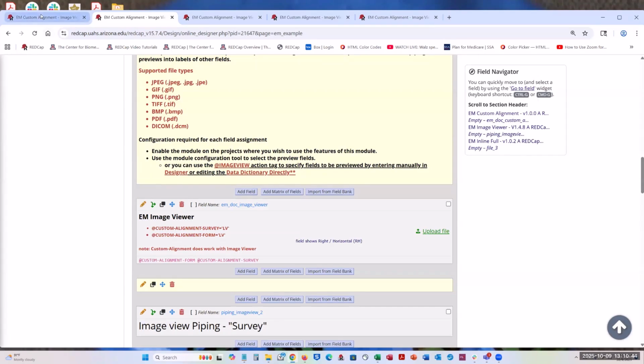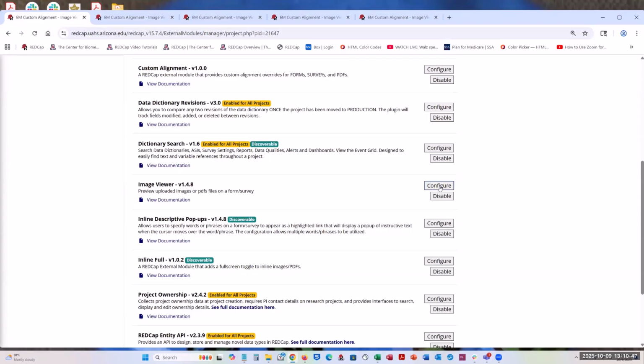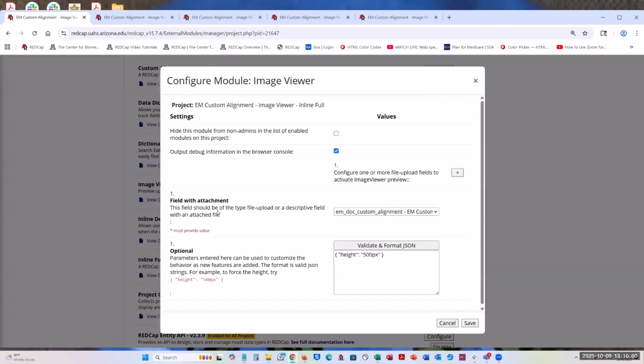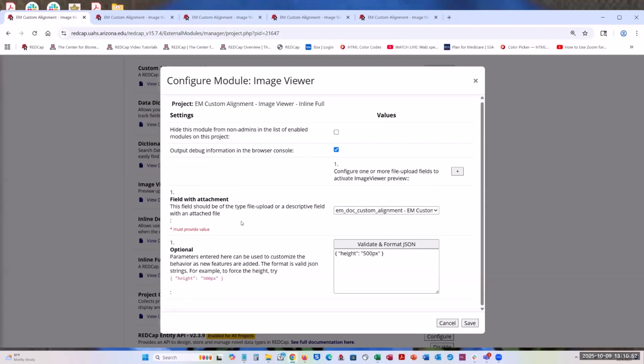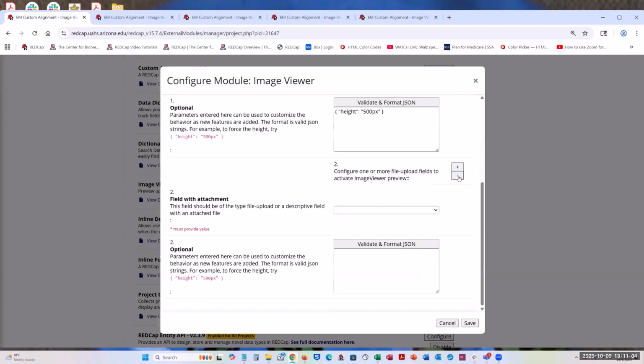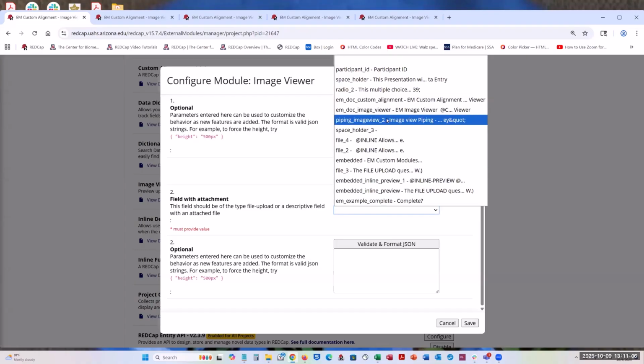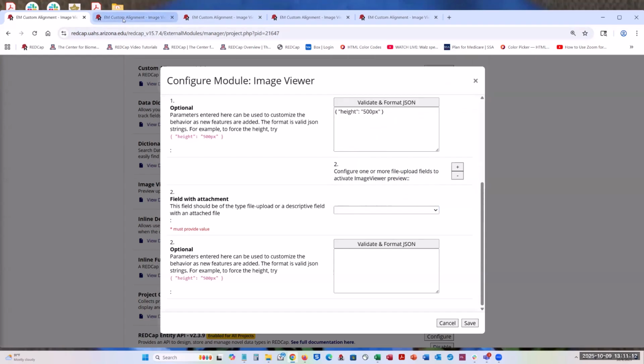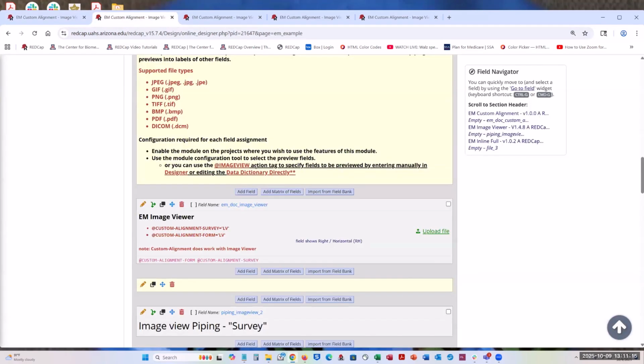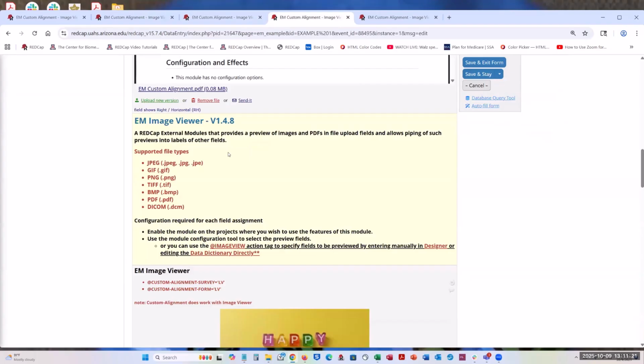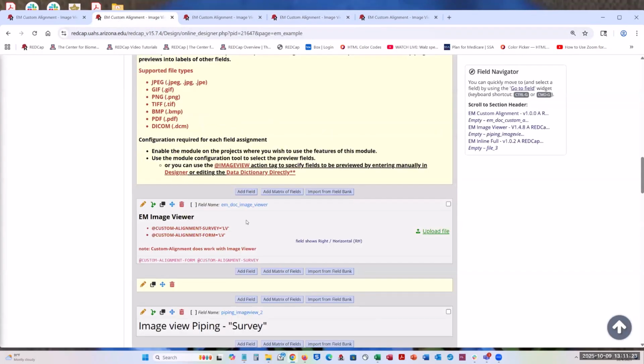I wanted to share with you with regards to identifying the field with attachment. Notice I only pulled in the custom alignment. I did not pull in or add the second one, which would have been the image viewer. Because what they're telling us is that our image view action tag can be utilized within